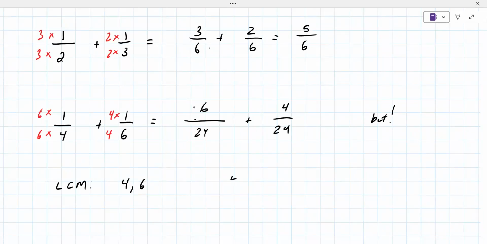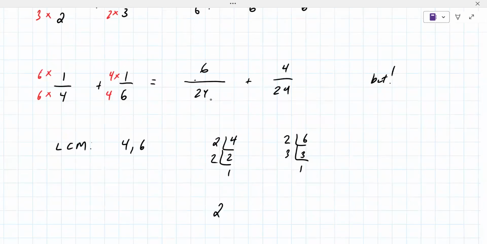The LCM, if you remember, you make a factor tree here. You say, okay, 2 goes into 4, 2 goes into 6, 3 goes into 3. So your LCM is actually 2 times 2 times 3, which is 12. Okay. And so the point is,